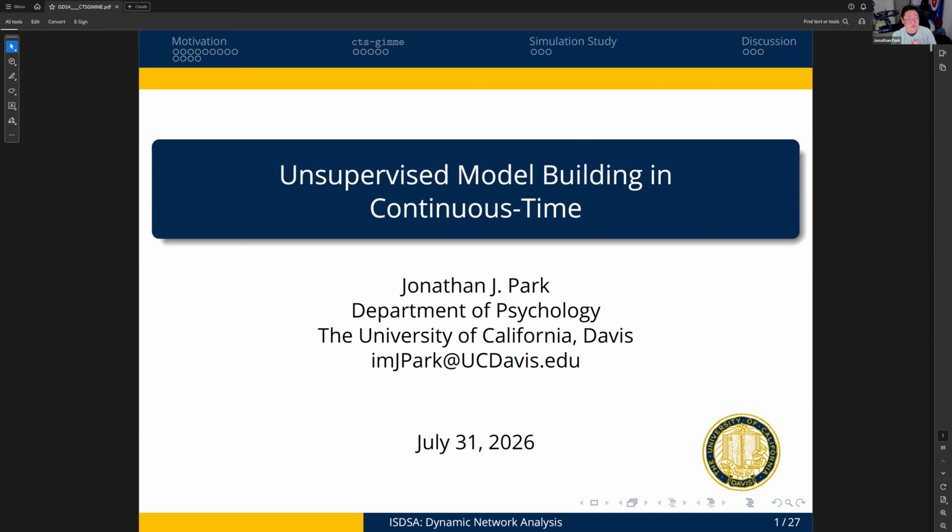This set of slides is adapted from another talk that I gave when I first developed the subgrouping extension for continuous time GIMME. So in this portion of this talk, you'll basically hear a mix of the motivations of modeling in continuous time, unsupervised model building, and this idea of how do we address the idea that our samples are not always homogeneous and the degree of heterogeneity in our samples is not always something that we know. So can we leverage information that the subjects give us in their time series to automatically identify who belongs in what kinds of subgroups?